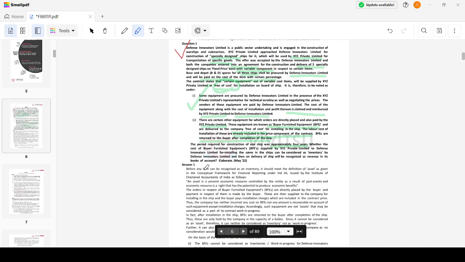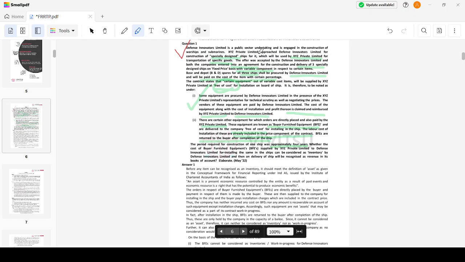Elaborate. Okay, now that we have read the entire question, some of us might have felt it boring. So let me repeat the crux of this question. Here there are two companies: Defense Innovators Limited, which is the public sector undertaking engaged in the construction of ships, and XYZ Private Limited, which approached Defense Innovators Limited for the construction of a special design ship. So Defense Innovators will be the supplier here, and XYZ is the buyer here. Okay,